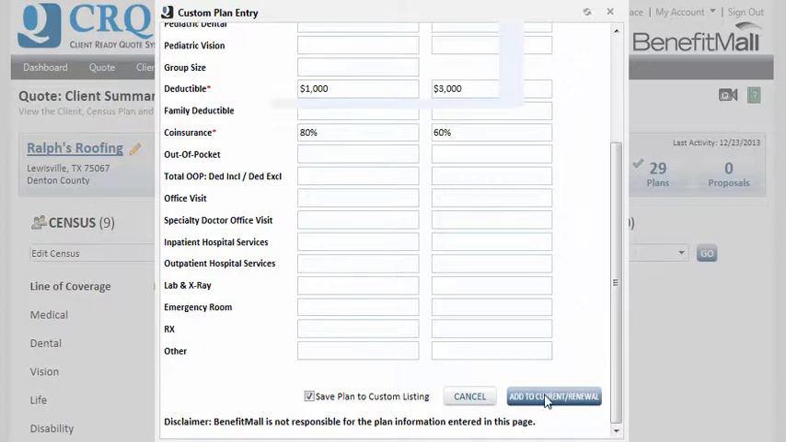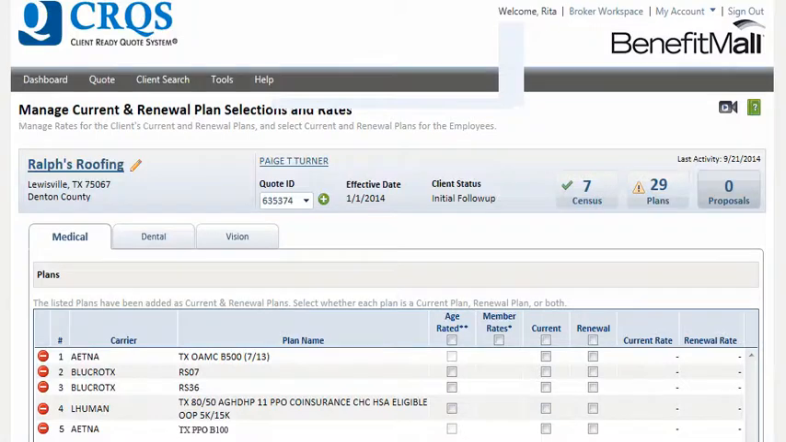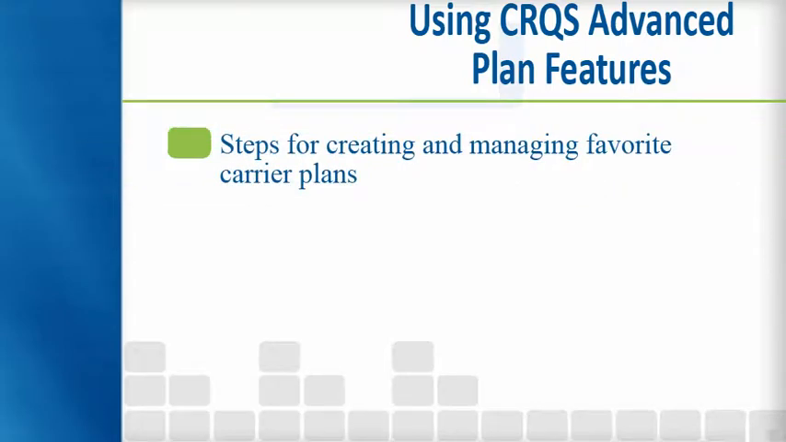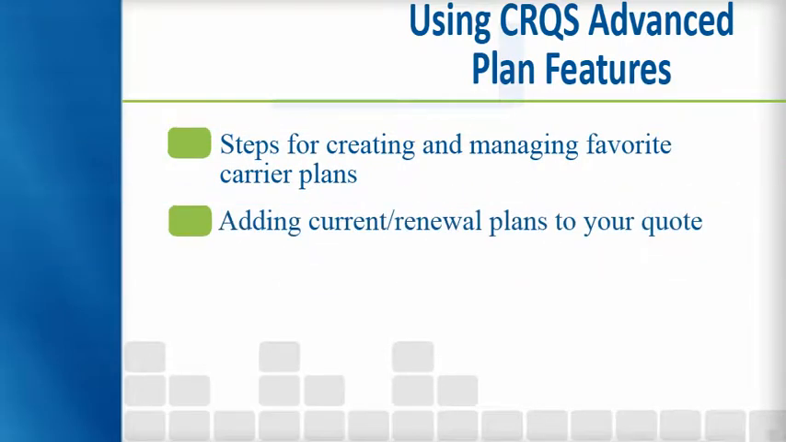The next time you want to use the plan, you can then search for it in your custom plan list rather than recreate it. So click the Save Plan to Custom Listing checkbox to save this one now, and then click the Next button. Select the Add to Current and Renewal button to add the plan to the Current and Renewal Plan list. This plan is now included in the list of plans on the Manage Current and Renewal Plan Rates page for you to make employee plan selections and associated